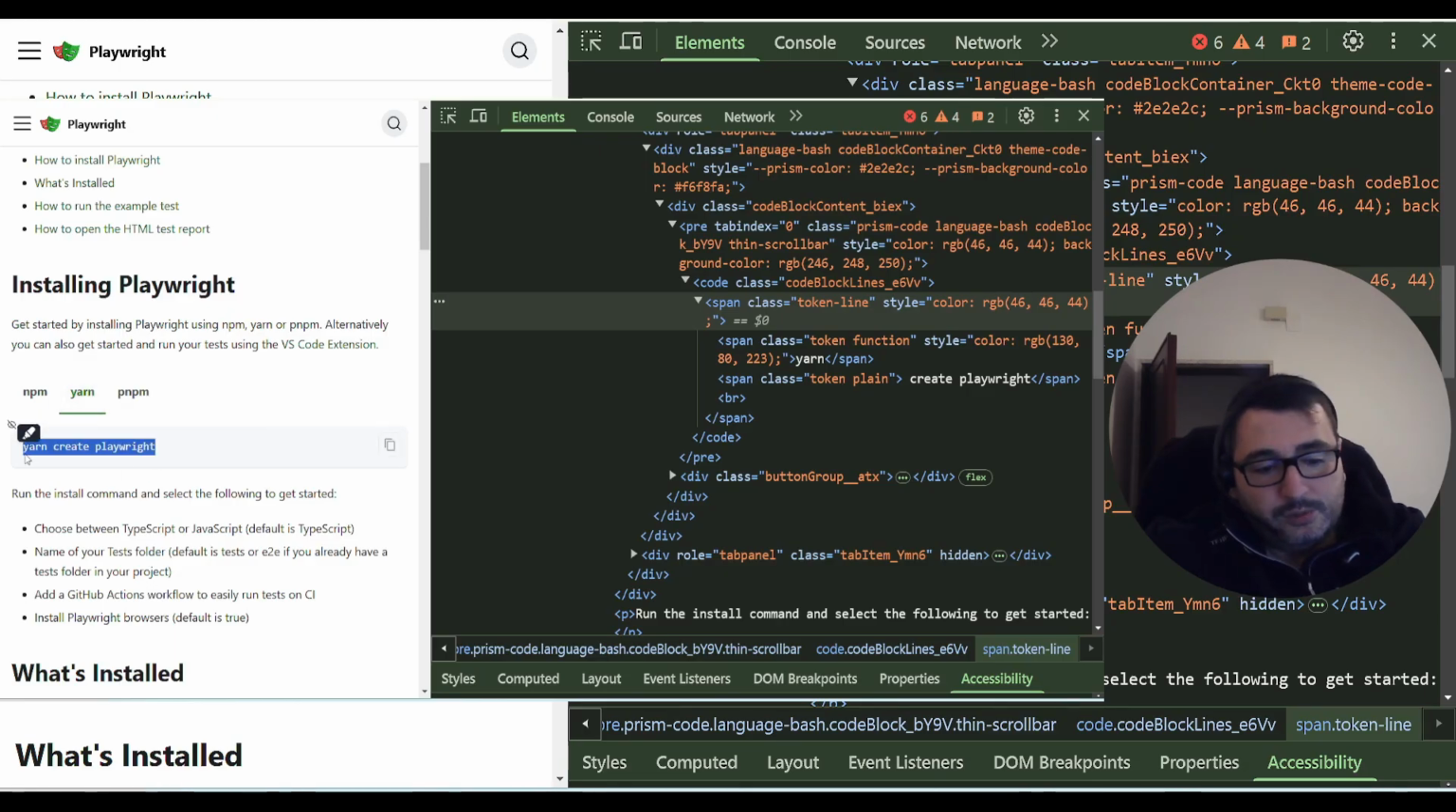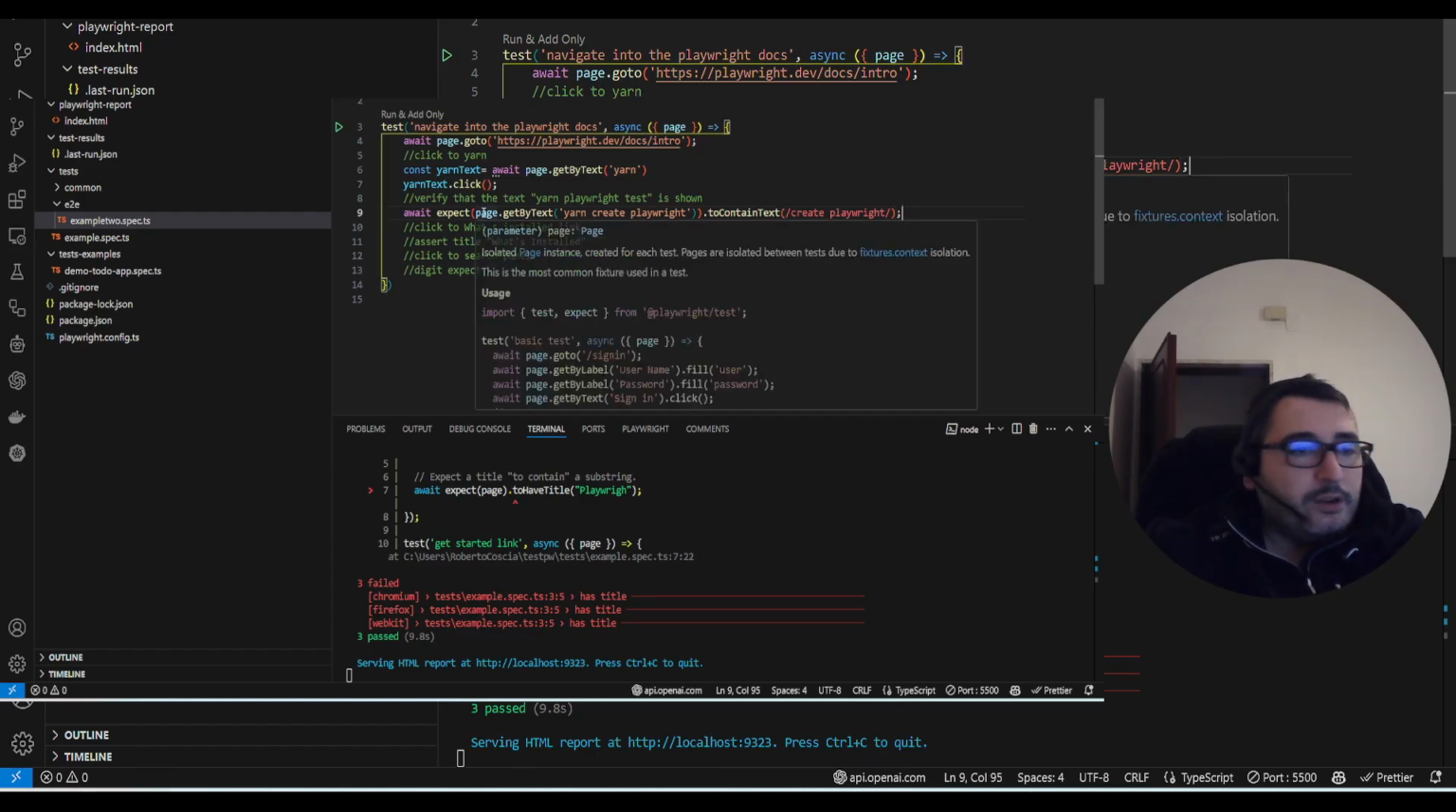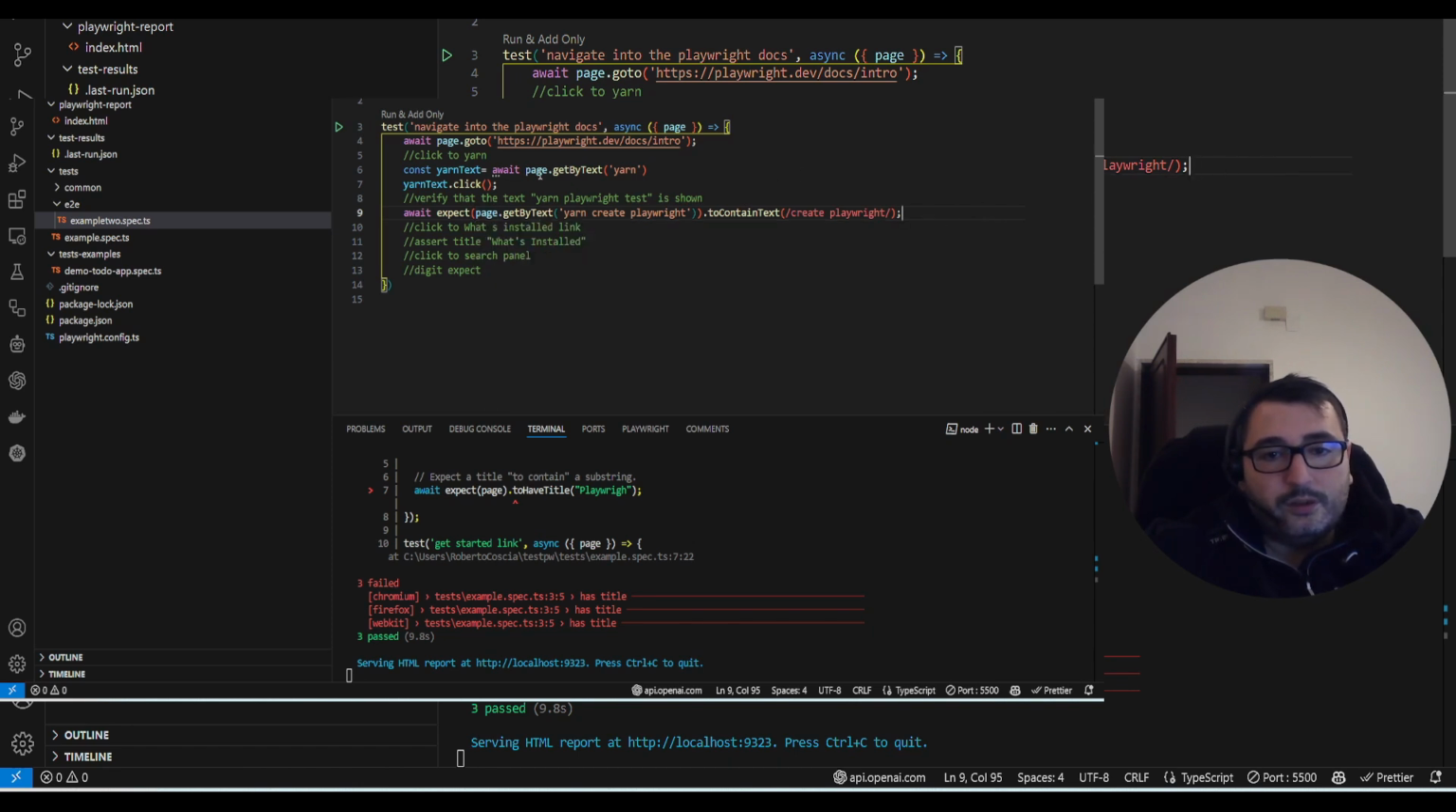So I made a mistake, because obviously this was yarn create playwright, and here we want just to check yarn create playwright. This will check the text create playwright, and anything before and after is fine. The important thing is that there is create playwright. We can either run the test or continue, but what I want you to see here is that with page